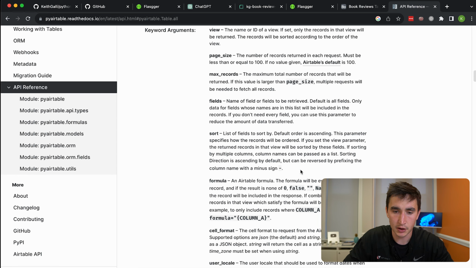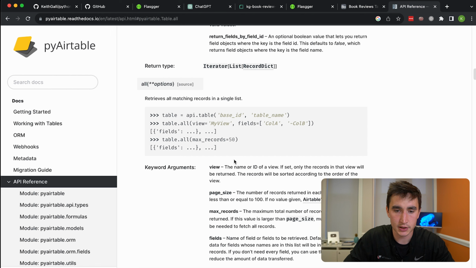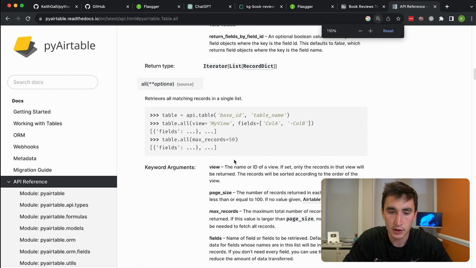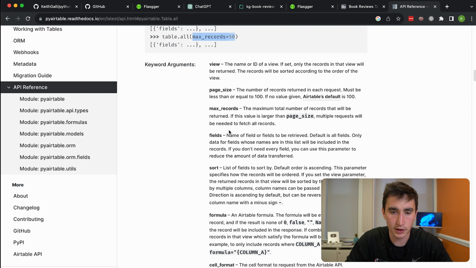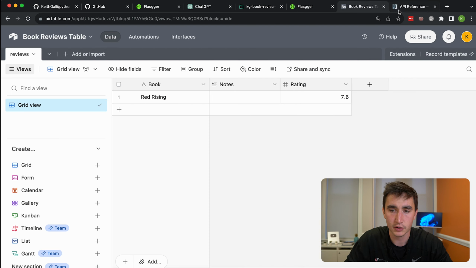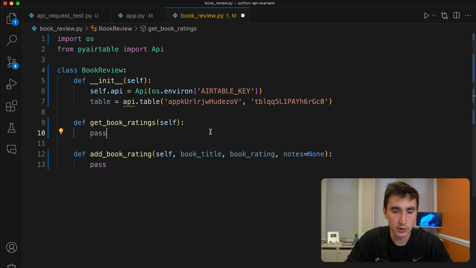Okay, this might be helpful here to sort. Cool. So kind of work through this, see if it makes sense. Looks like there's this max records that we could use to only return a certain amount. So I'm feeling sort and max records might be useful here. We probably want to sort by rating and maybe get only a certain number. So how could we do that? Well, we could do